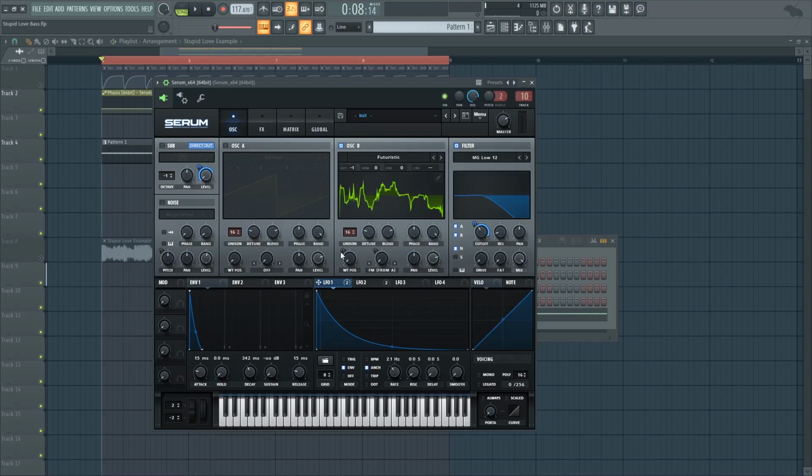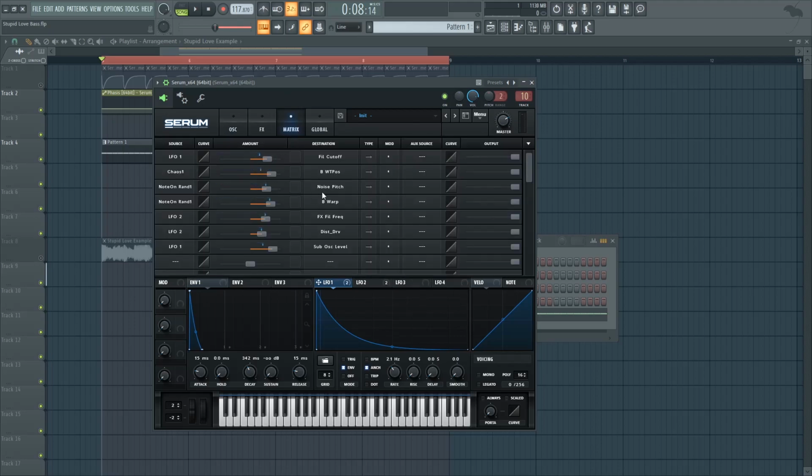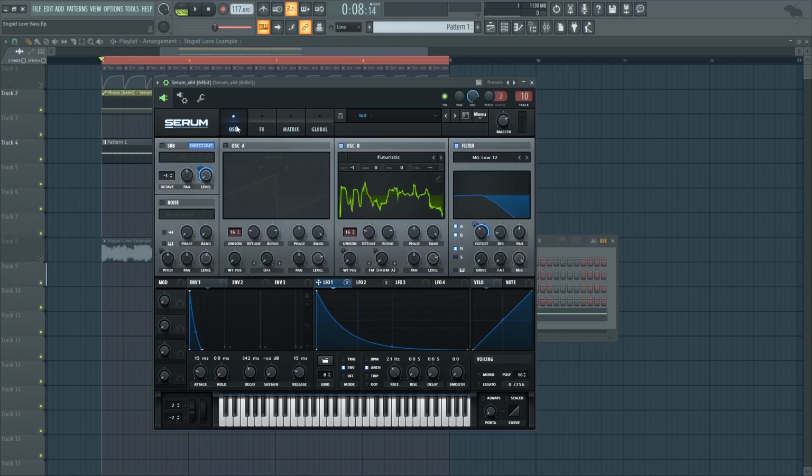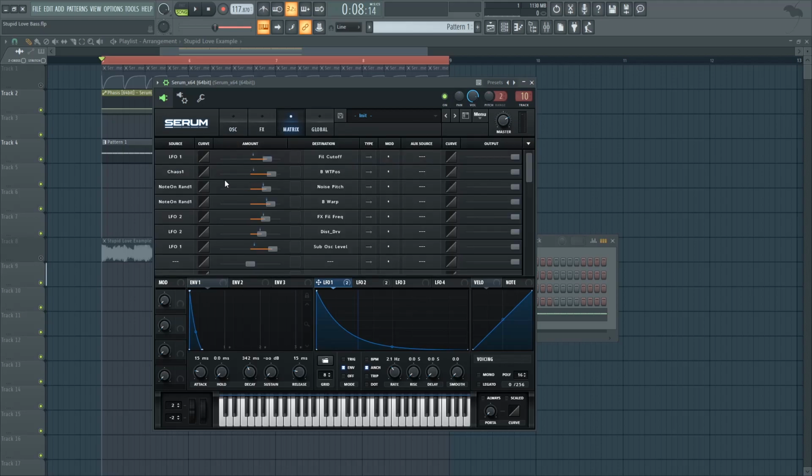But the difference in this one is that we're modulating the wavetable position and FM from A. We're modulating the wavetable position right here using a chaos oscillator, which means that it's constantly moving all of the time. So that way we get slightly different formants on each bass hit, which allows us to make it sound like it's flanging or phasing over time.